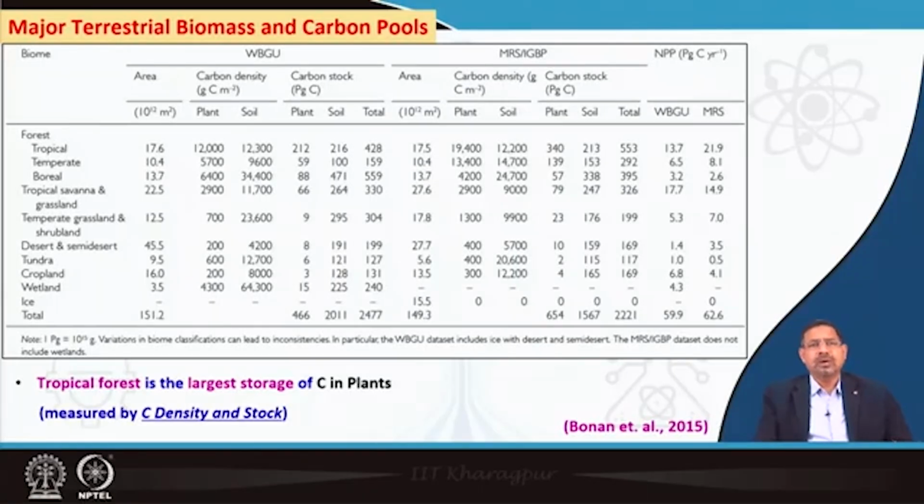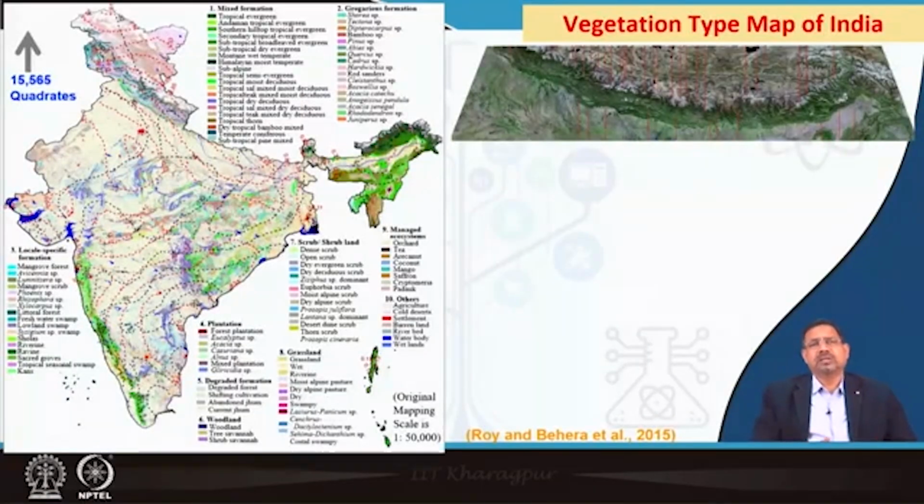So, the tropical forest is the largest storage of carbon in plants, measured by the carbon density and the stock. Now, let us have a look at the distribution as far as the Indian biogeography is concerned. It is not the Indian biogeography I am representing here. This is one of the studies published by Roy et al. with several authors,